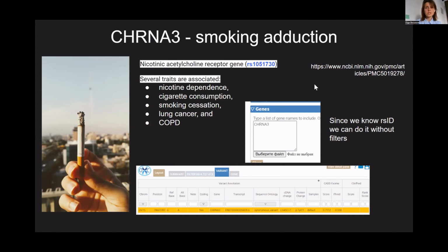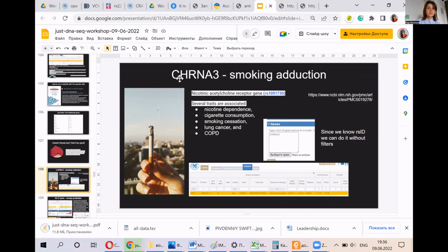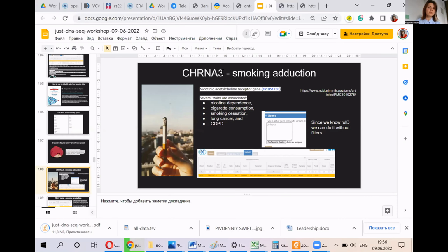And you want to just check, are you lucky to not have this variant, or you're not lucky and you have this variant? So as usual, you should just easily check this gene by putting it into the